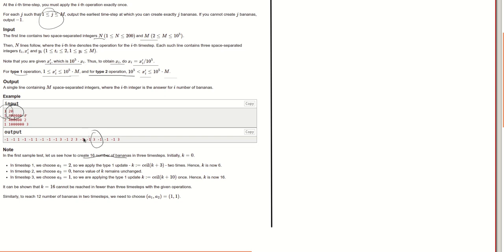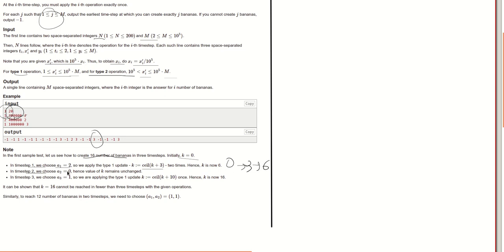It is given that the answer is 3, so we can reach 16 bananas in 3 time steps. At time step 1 we choose a equal to 2 and we update k equal to k plus 3 and take the ceiling. Initially k was 0, now it is 3, and we are applying it 2 times. So we first reach 3 from 0 and then 6 from 3.